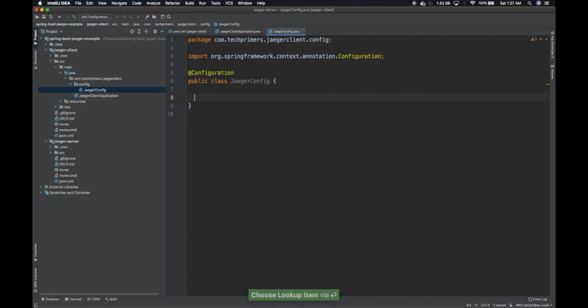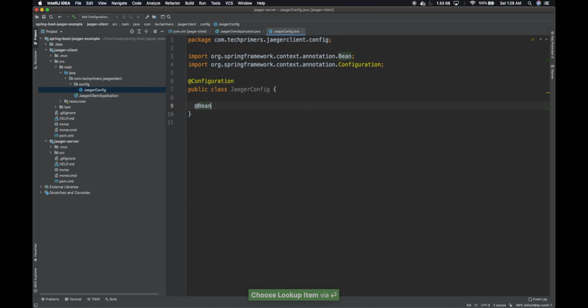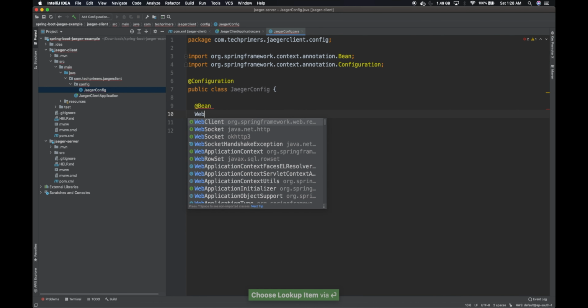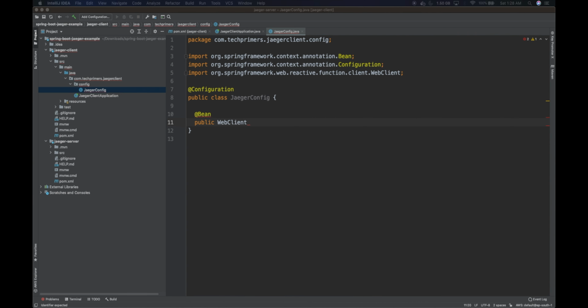That's it. Within this particular configuration, I'm going to inject two different beans. One is the RestTemplate or the WebClient. I want to use the WebClient, so I'm going to inject it. I'm just creating a public WebClient, and I will inject a WebClient because I'm going to use WebClient to connect from the client to the server. I'll just name this particular method webClient as well.